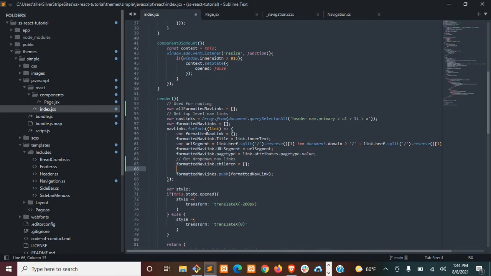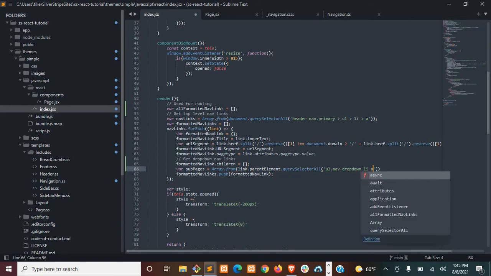So we're going to create a new array called subpages, and it's going to equal Array.from(link.parentElement.querySelectorAll(